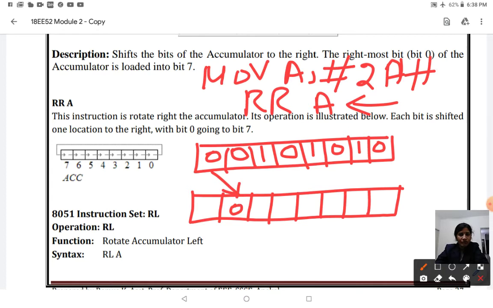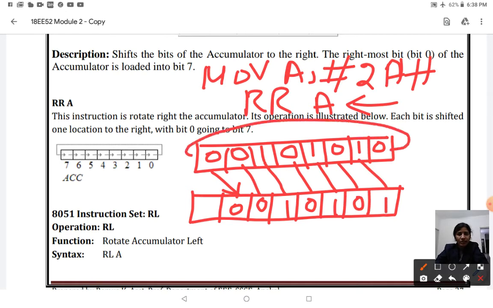So 0, 0, 1, 0, 1, 0, 1, and this 0 will get rotated like this. So here I will be getting 0. Once this instruction is executed, the content of your accumulator is going to be 15H.